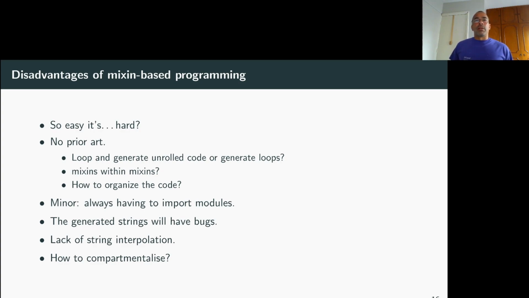Now, one of the things I started thinking about is that the generated strings will have bugs. They're functions. It's code. Functions are assembling these strings. We will write bugs, which means we're going to have to look at the generated code. And if the generated code is very large, I'm not sure how we're going to do that. There's no tools to do this. In fact, the best I know of is pragma message. I think I won't even have syntax highlighting. I'll have to copy and paste it somewhere else to look at it and figure out what's going on.